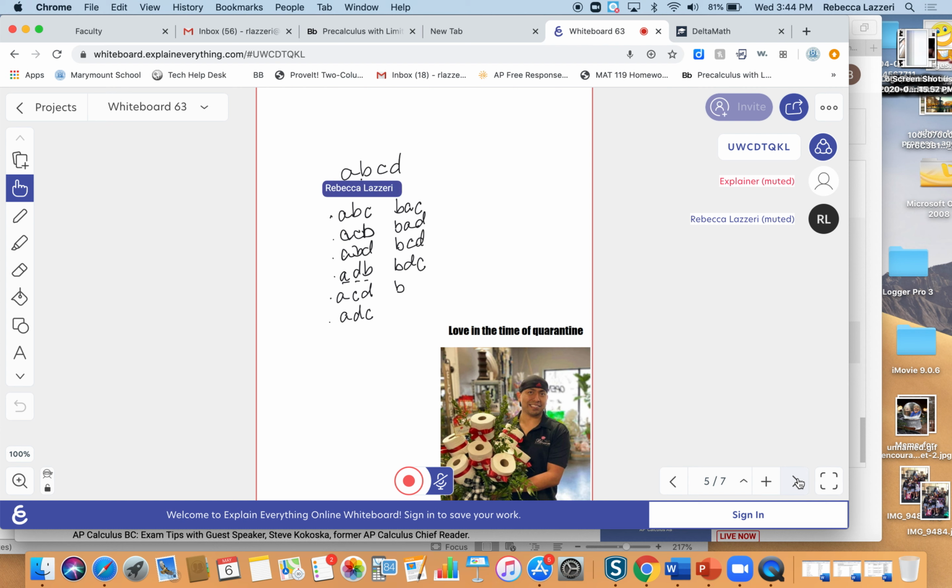I've done B, A, D; B, D, A; B, C, A. Oh, I didn't do B, C, A, and I'm missing another one, B, D, A. All right, so it looks like there's 1, 2, 3, 4, 5, 6 ways with either of the 4 letters. And so like we did in class, it looked like there's 24 ways to do this, which is really tedious.